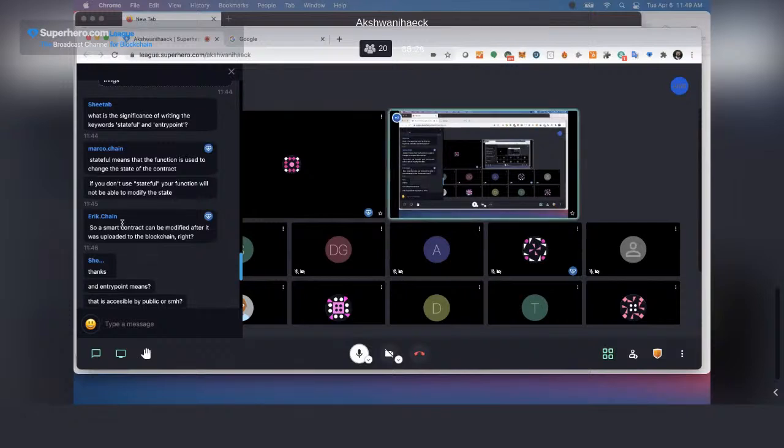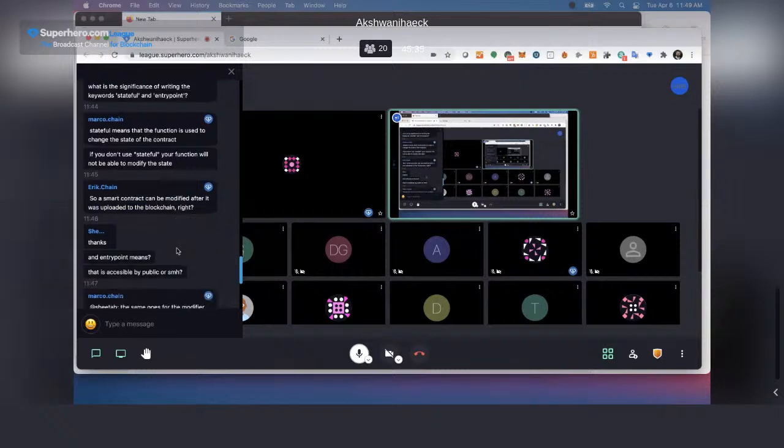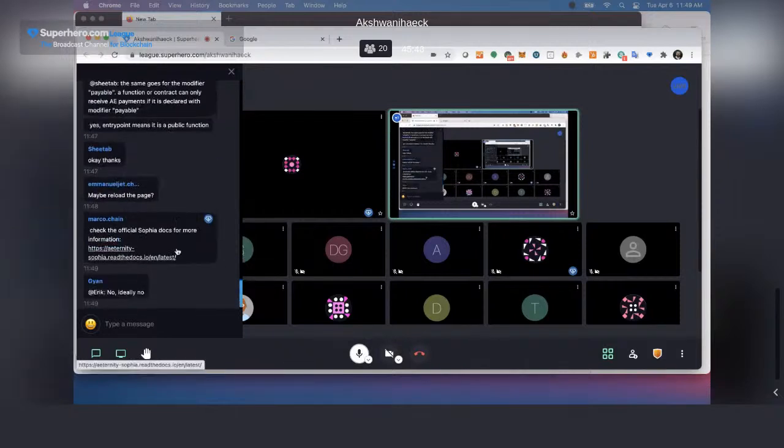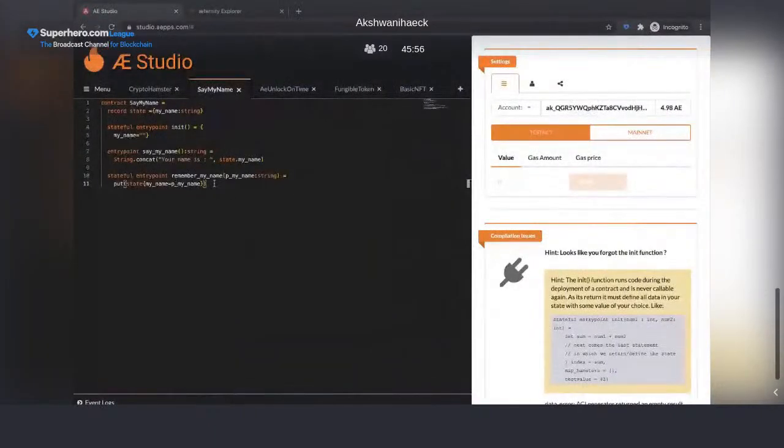I will take the opportunity to answer some question. This is your question, right? So a smart contract can be modified after it was uploaded to the blockchain, right? And yes and no. Because once the contract is deployed, there is nobody that can change it. That's part of the idea of a blockchain. What you can do is just edit your contract, fix it, and deploy it again, right?